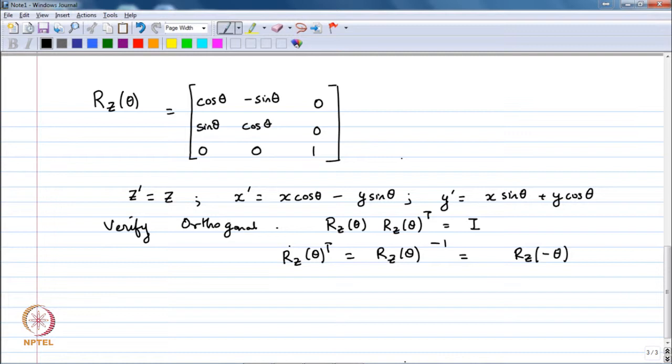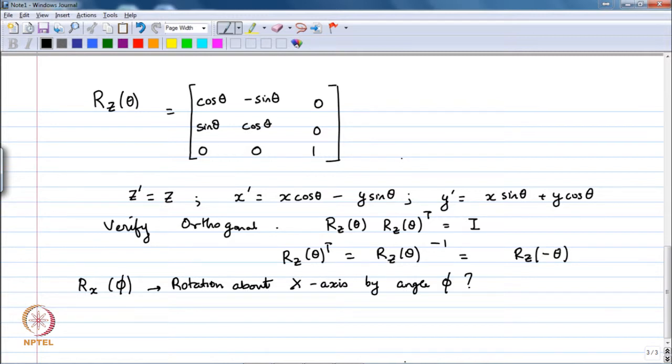These rotational matrices are extremely useful in a lot of ways. Often we want to understand symmetries of molecules, then we often use these rotational operations, and now we have a general way to rotate any vector, in this case about the z axis. What about, let us say, if you want to rotate about the x axis by an angle phi? Then in this case you can easily work out that r x of phi will be given by